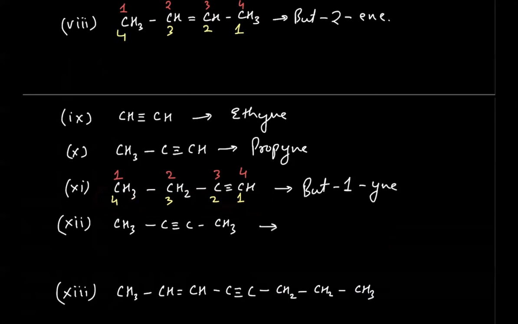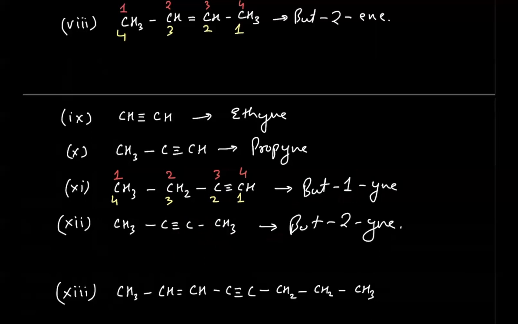And if you look at another example, here you have 1 2 3 4 carbons again, but the position of the triple bond is on the second carbon, so you call this but, but instead of 1 you will use 2 here. So the name comes out to be but-2-yne because there's a triple bond in it. So I hope the basics of the naming of anes, saturated hydrocarbons, and unsaturated ene and "-yne" is clear.